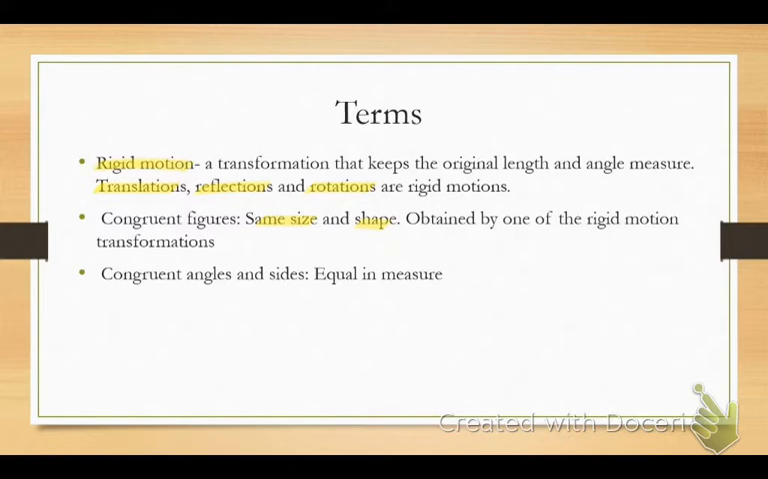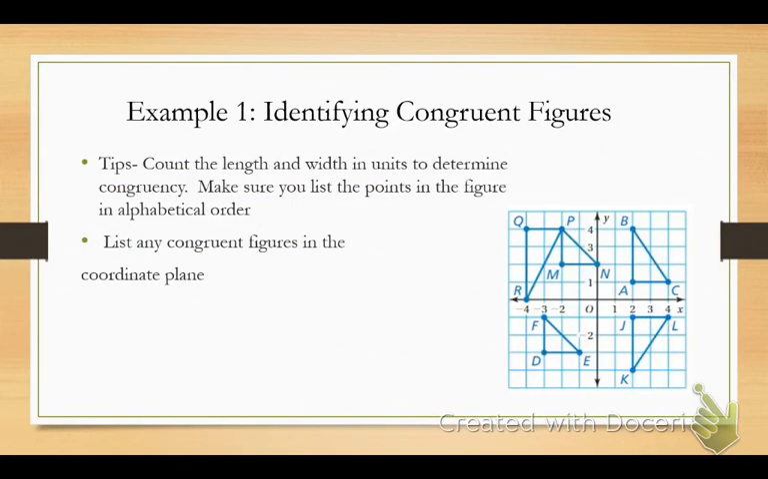All right, then congruent angles and sides. We're going to talk about that in the next example. They're equal in measure, so we can assume if it's a rigid motion transformation, meaning they're congruent figures, that their angles and sides will also be congruent. Okay, next slide. Okay, so in example 1, we're going to start off by identifying congruent figures in this coordinate